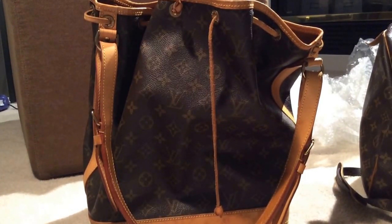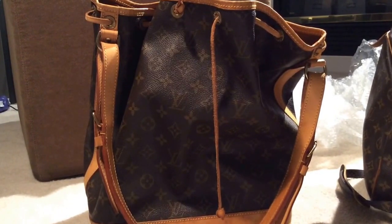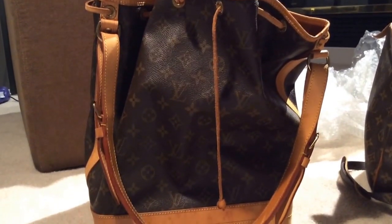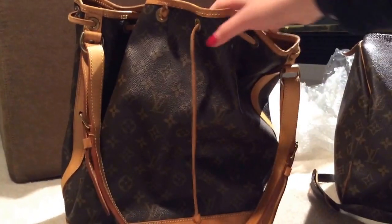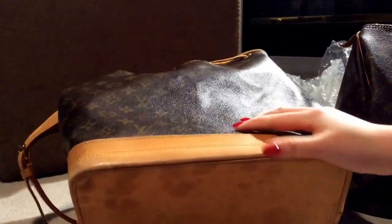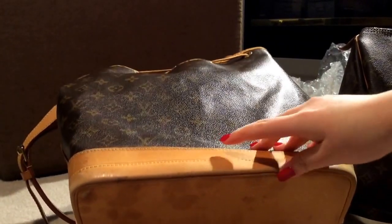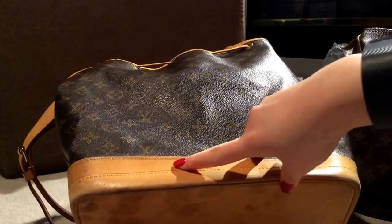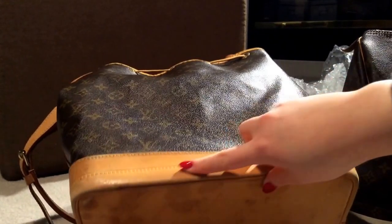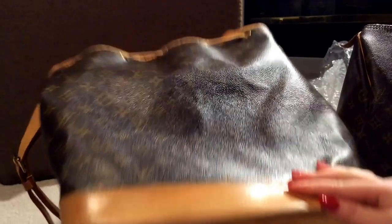I've knocked this handbag around quite a few times, but I have not seen any flaws or anything with it. The vachetta leather is a little bit darker, but I can feel this really nice sheen over the patina. It feels really, really nice,